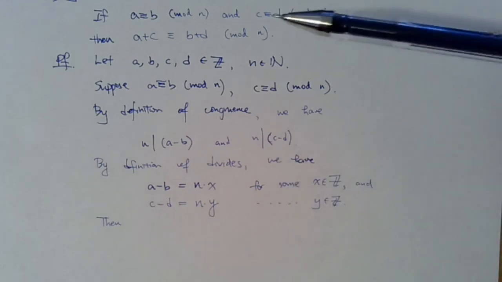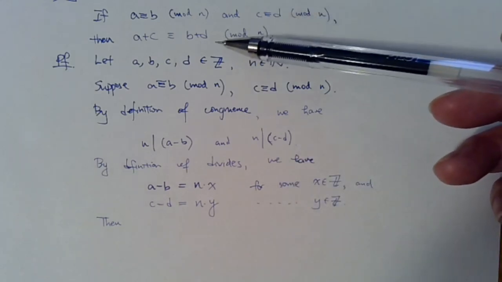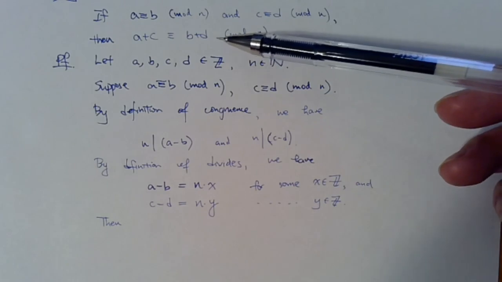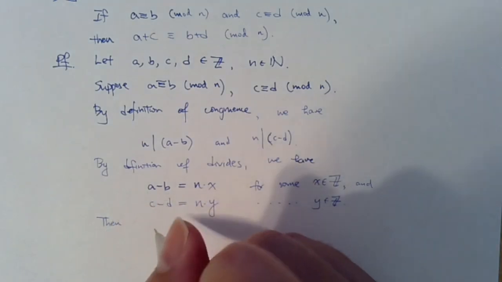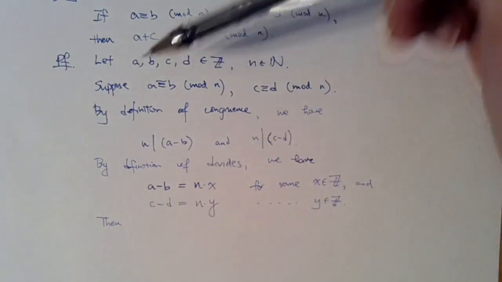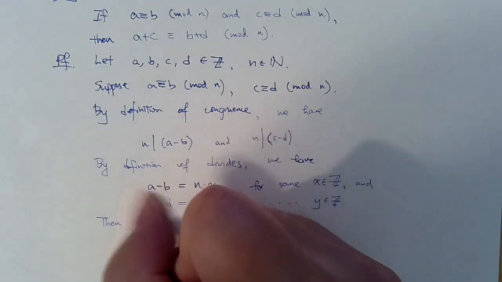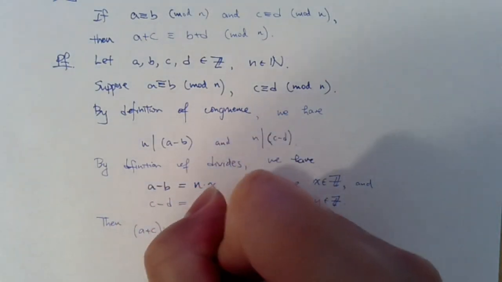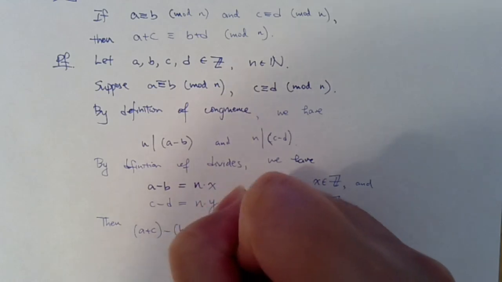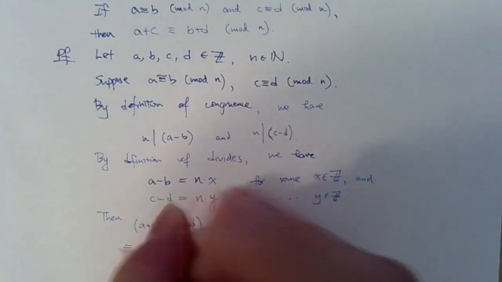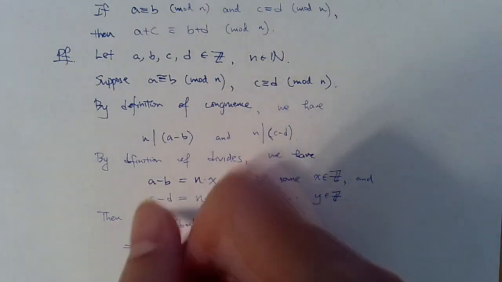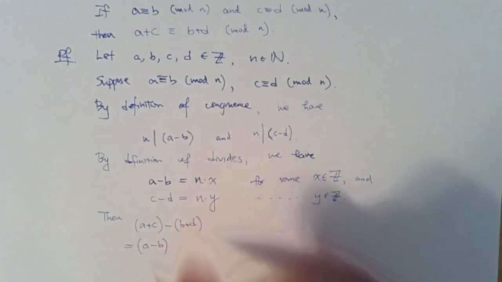since we're trying to prove that a plus c is congruent to b plus d, if we look ahead, we know that we would like to calculate the left side minus the right side, let's say. So then a plus c minus (b plus d) is equal to, and we can rearrange this, a minus b